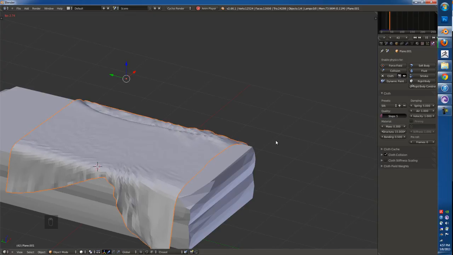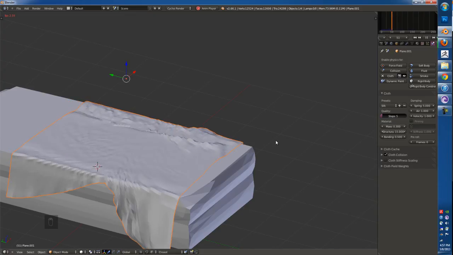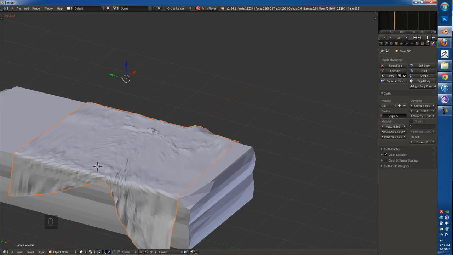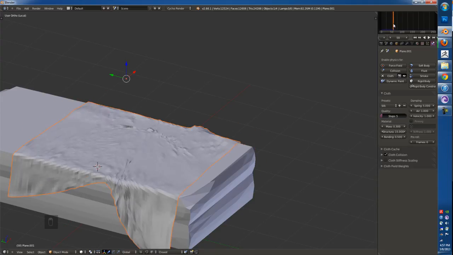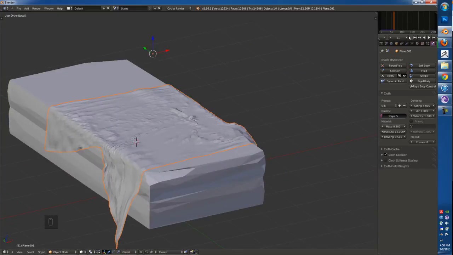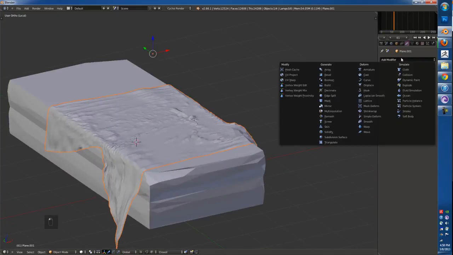The cloth, I think, is a little underappreciated. It's slow, but if you work those settings right, you might just get some results that look the way that you want. And I'm not talking about these results. However, I can live with that because in the end it doesn't matter